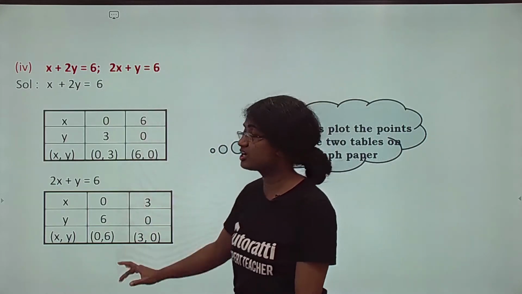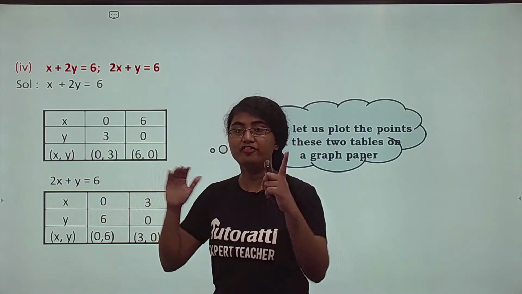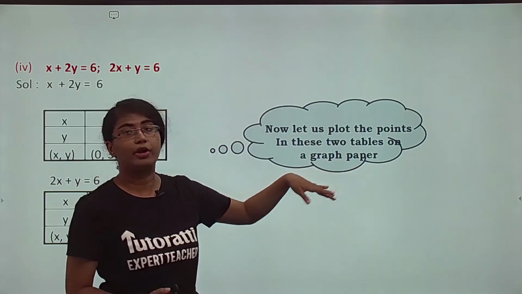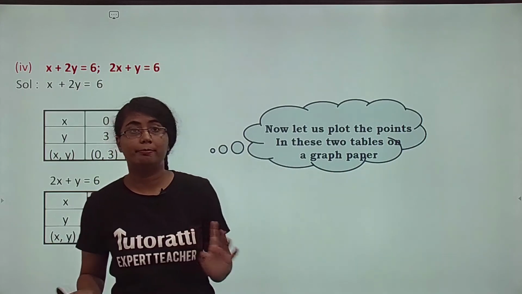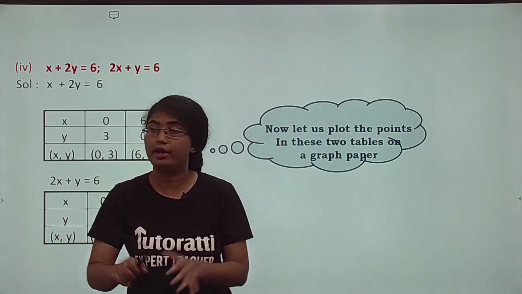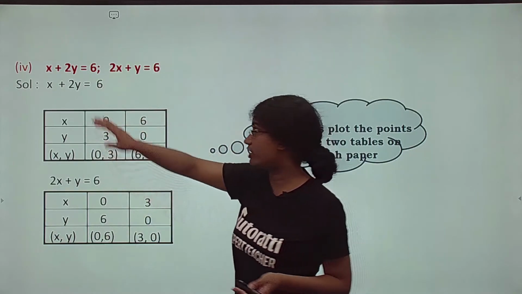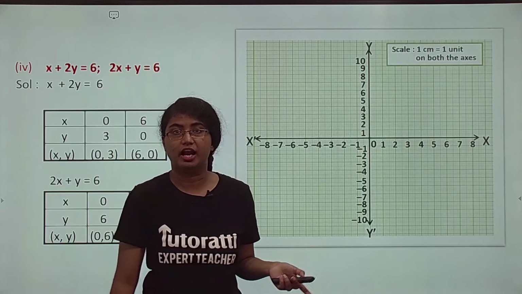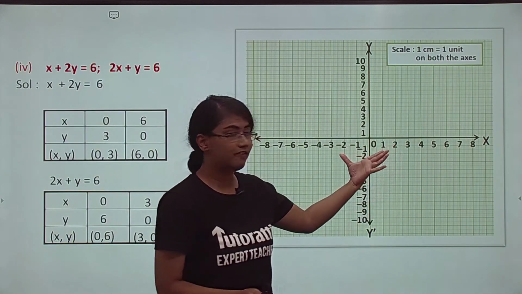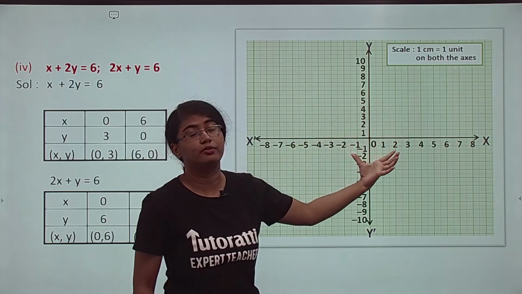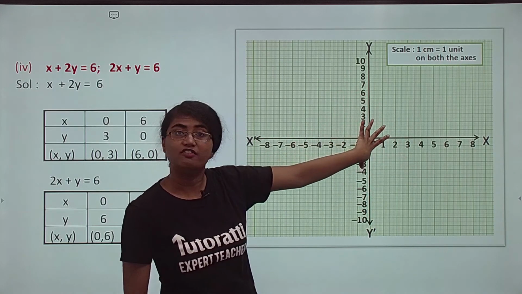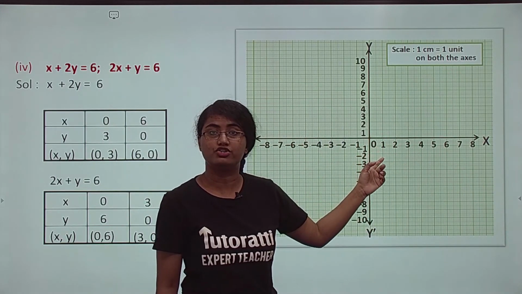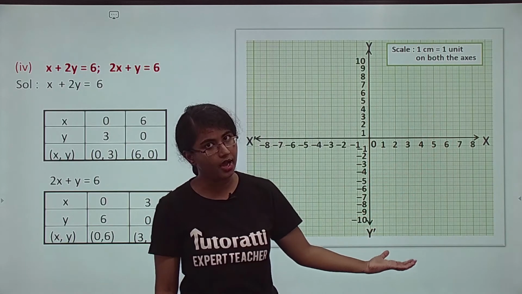Now, in points का क्या करना है? Why do we have the coordinates? Now, if we have the coordinates, obviously these are going to go on your graph paper. So, now let us plot the points on the graph paper. But दोनों tables को mix नहीं करना है. Take one table at a time. जैसे one equation at a time लिया था, वैसे one table at a time. Okay? So, this is your graph. क्या क्या है इसमें? X, Y axis, x dash axis, y dash axis, and then the scale, and also a clearly marked origin, right? ये चीजें compulsory है आपके ग्राफ में.